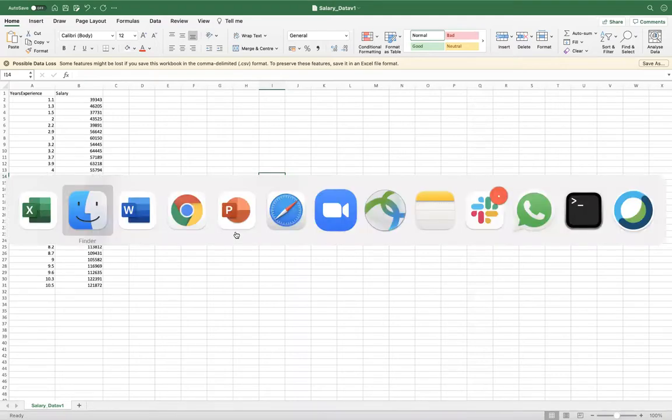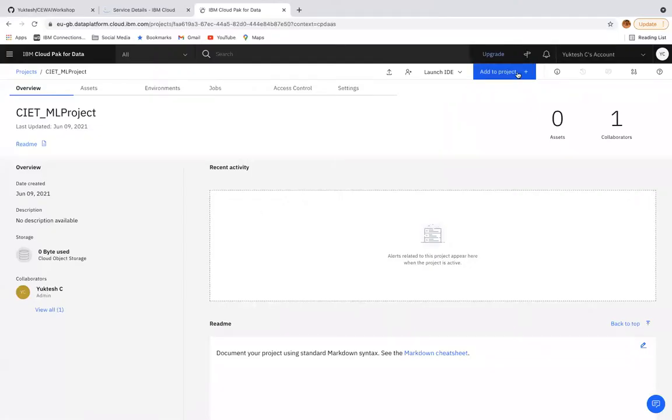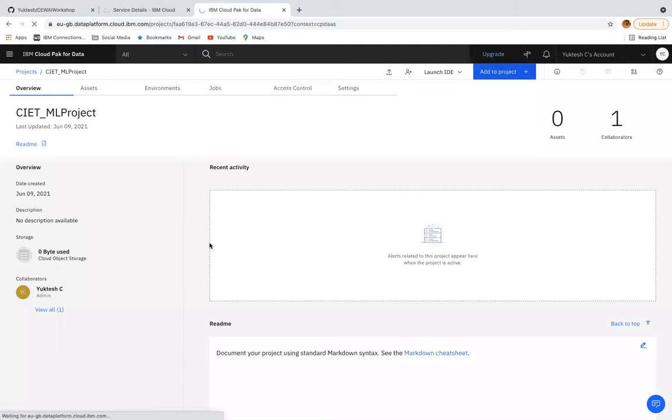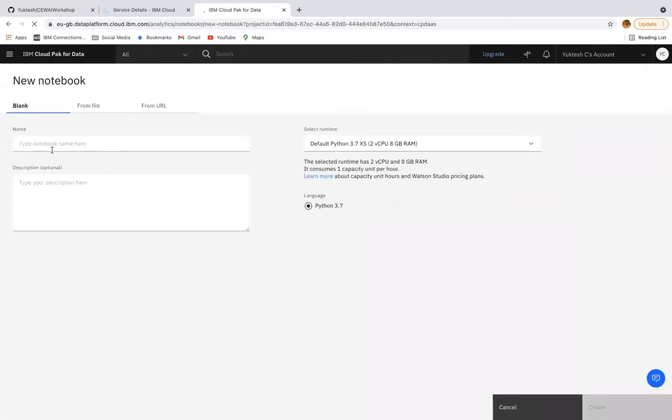Okay, let me move on and continue with the coding part. Add to project. What I'm doing here is adding a notebook file. I just selected notebook. Before that, let me show a demo.